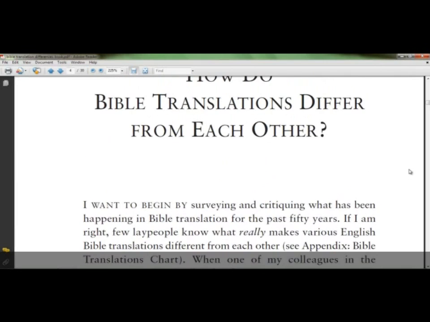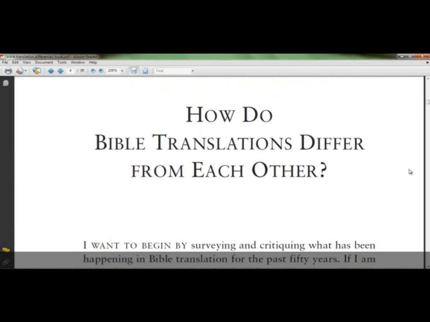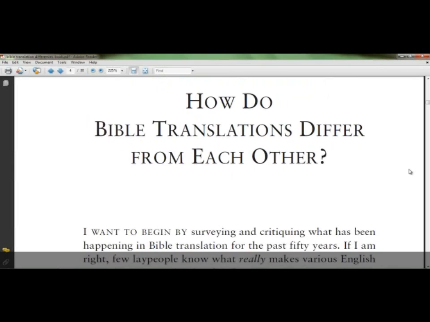I'm going to read a couple of paragraphs and skip, and pretty much he's going to prove and bring out how these different translations are corrupting the word, to make it suit and fit people in modern times, with their beliefs, instead of bringing out the truth of what the Lord had brought out. And they corrupt it and they change it from what the Greek and the Hebrew says. All right, so this is the title here. It says, "How do Bible translations differ from each other?"